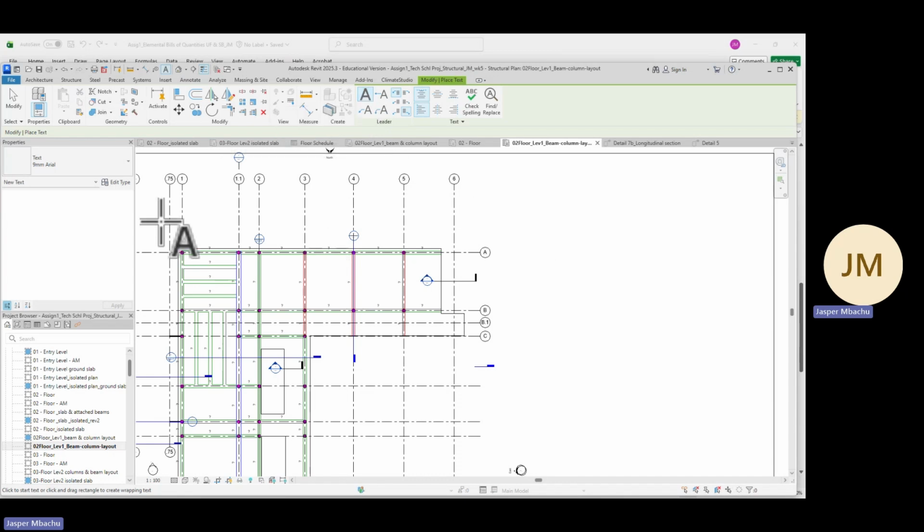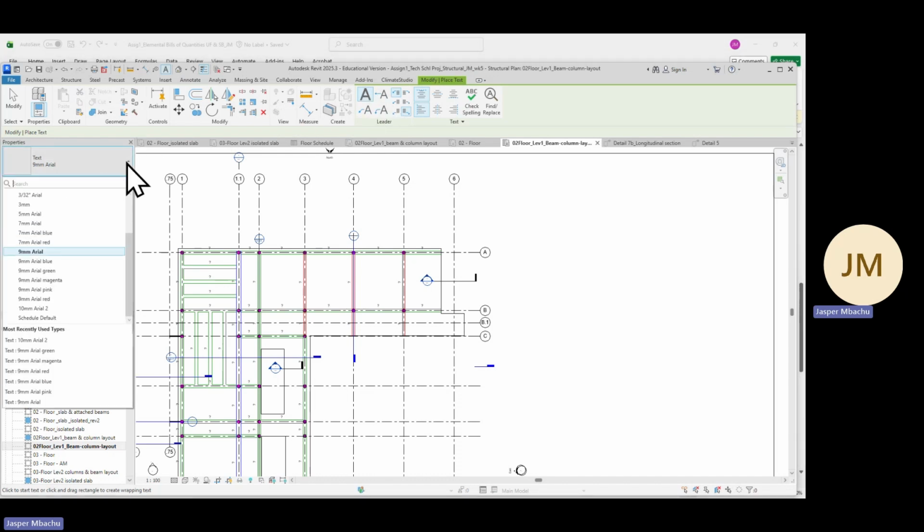Just before I type, can I ask you here, after you click that A, can you come here and select anything 10 millimeter? Do you have 10 millimeter area? If you don't, you got 9. Select that 9, and okay, 9 is okay. Okay, and when you click somewhere here,